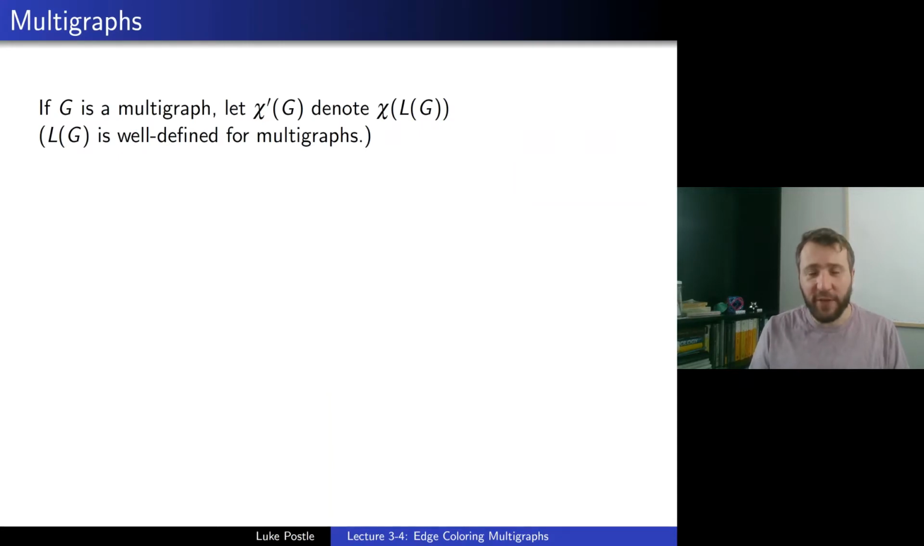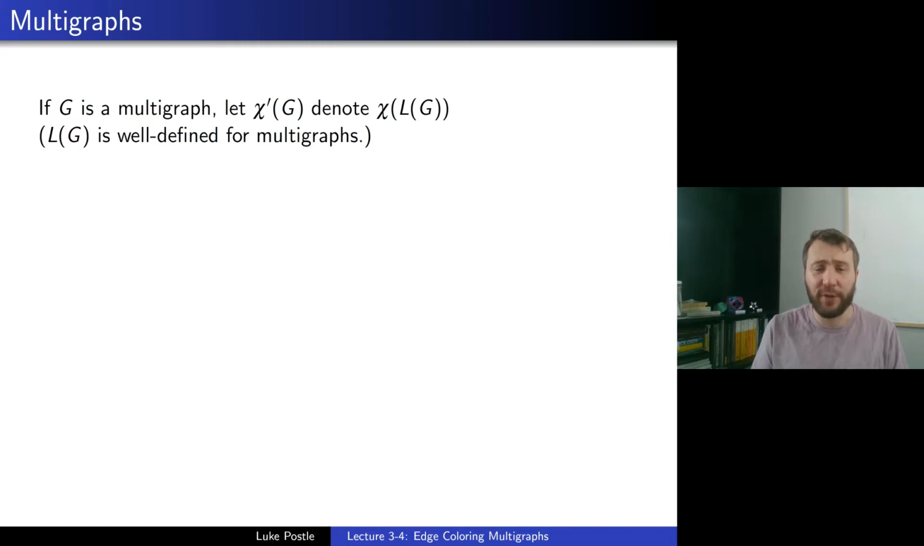So multigraphs, as you know, are those graphs where you could have loops or multiple edges, so not simple graphs. Well, we can define edge coloring just for multigraphs: color the edges of a multigraph so that incident edges don't receive the same color. Or equivalently, this would be taking the chromatic number of the line graph, because line graphs would be well defined